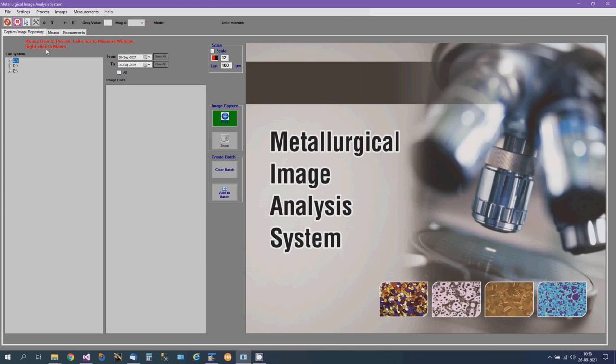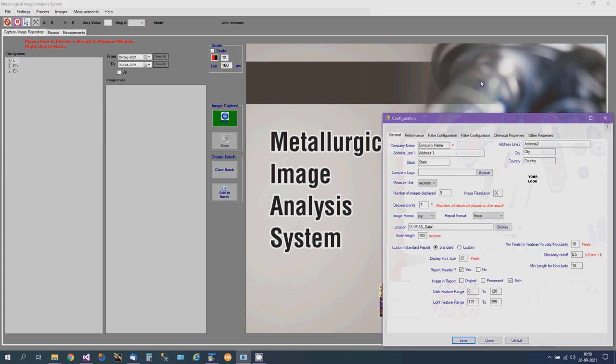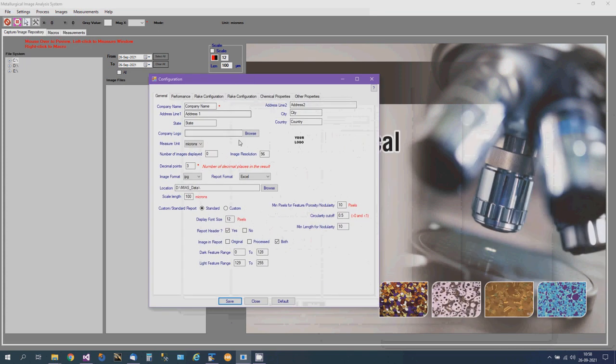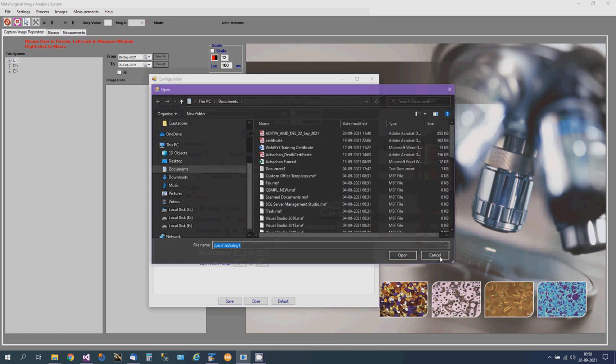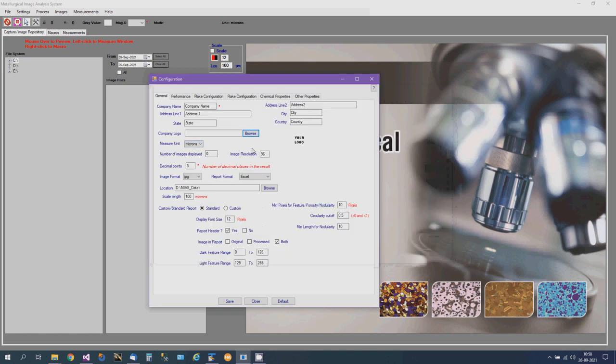The second step we need to do is you go to settings and you need to do the system configuration. So this is where you set your information about your company, the data or the information that you want to show in your reports. You set your company name, your address. You can set your logo. You can browse to your location and load a JPG or BMP file or a PNG file